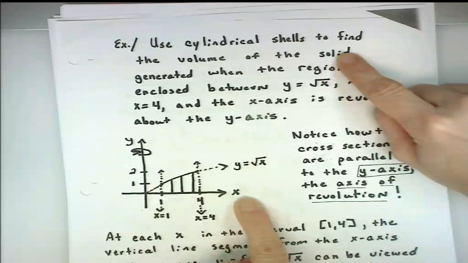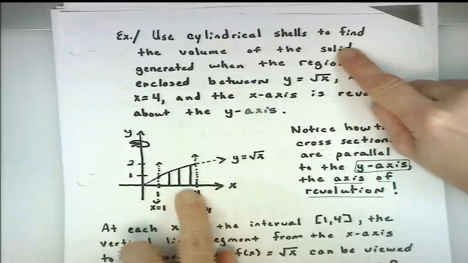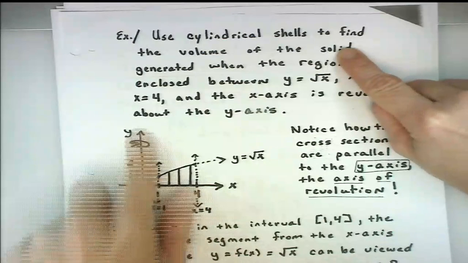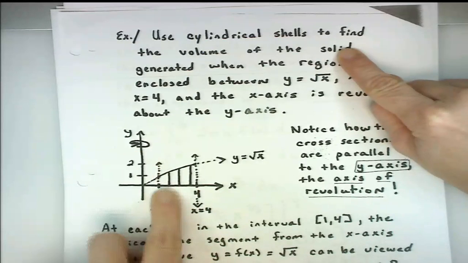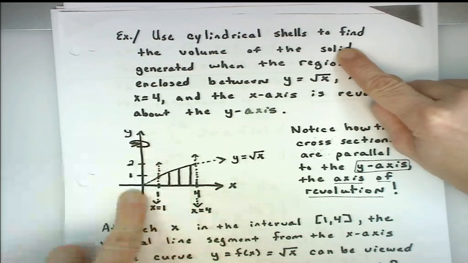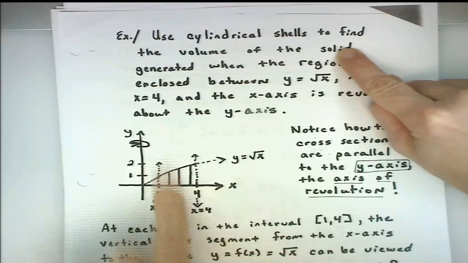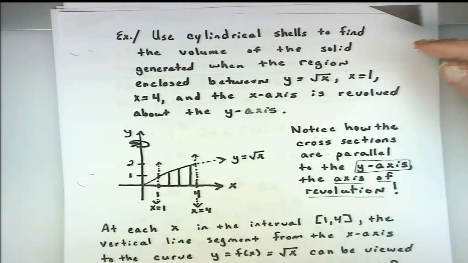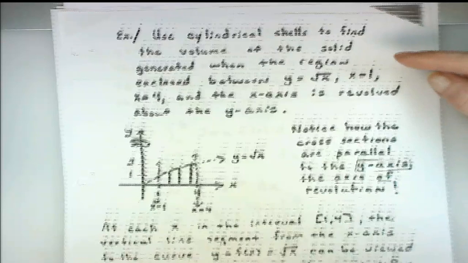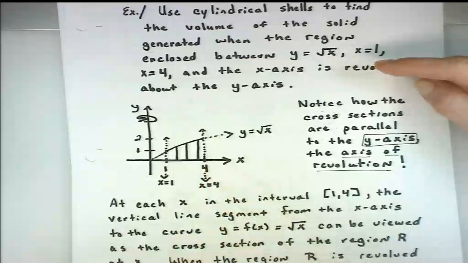The cross sections are perpendicular to the x-axis. So the cross sections represent cylindrical shells, and these cross sections are parallel to the axis of revolution, parallel to the y-axis, the axis of revolution. At each x in the interval 1 to 4, from x equals 1 to 4, the vertical line segment from x